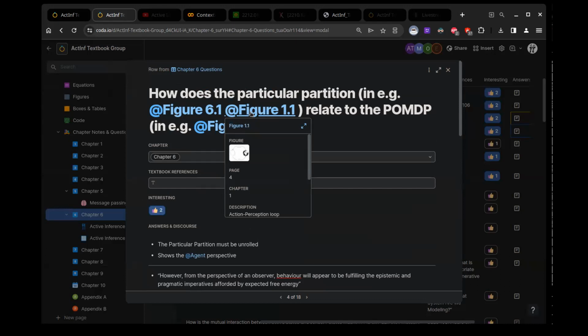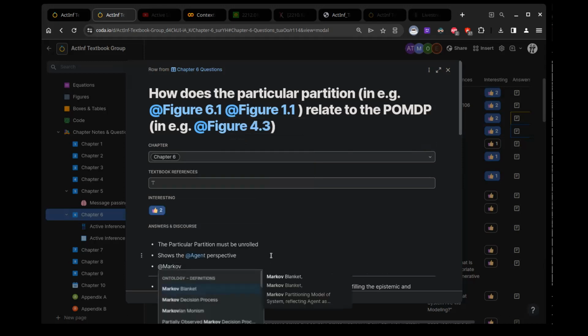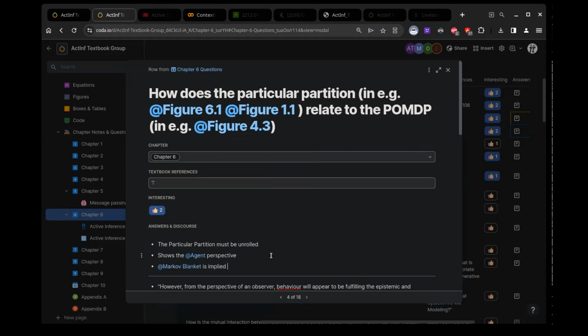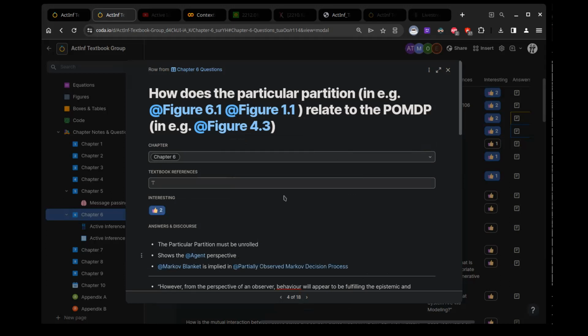In other words, this striving toward keeping these high probability states can be interpreted as keeping its Markov blanket intact. So the Markov blanket is implicitly implied in POMDP, but not obviously explicitly stated, but it can be interpreted from various perspectives. Yes, thank you.